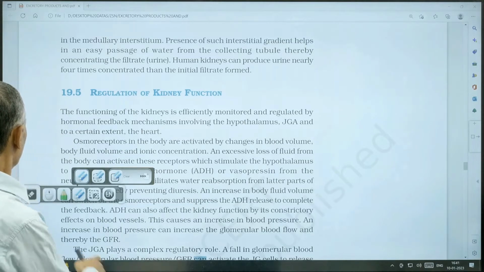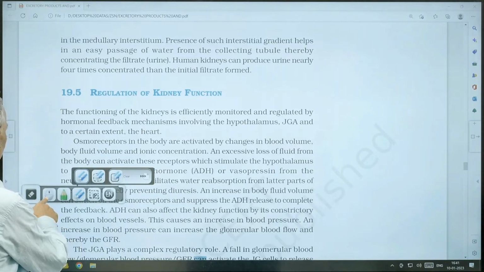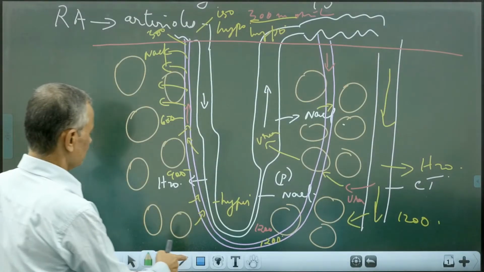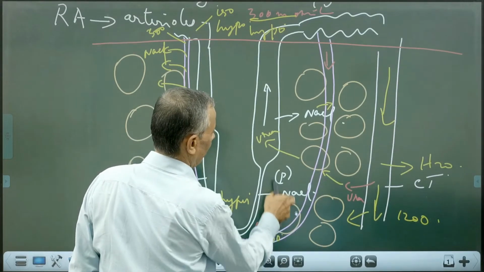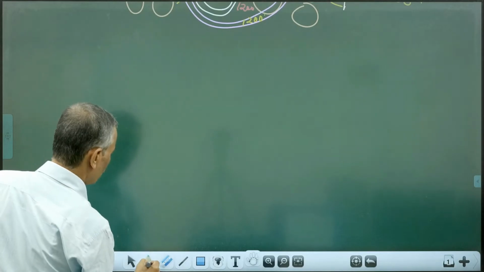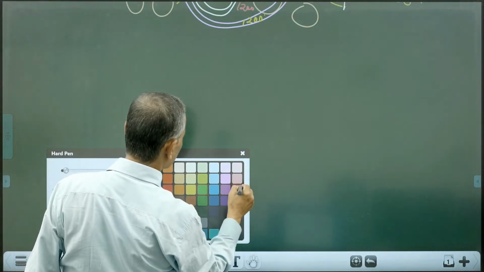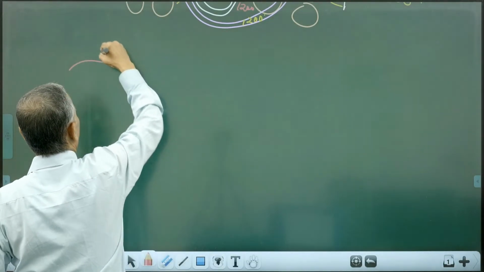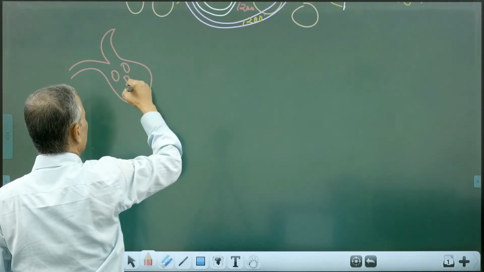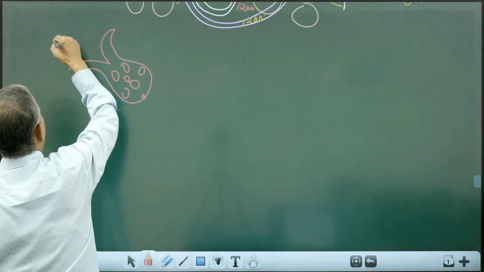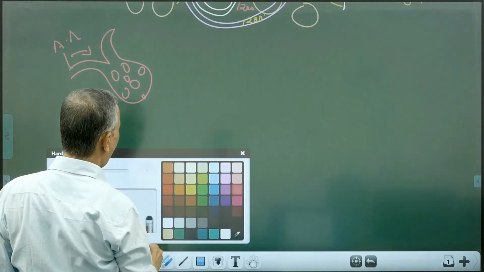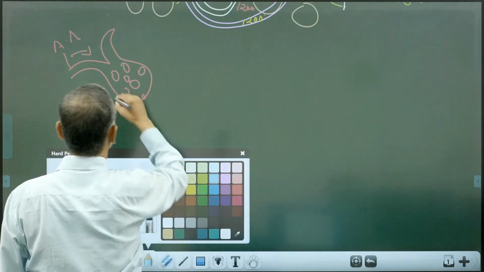Second one is through another system called JG system. What is this JG system? We have to study that part. We have an endocrine secretory part formed between the wall of the afferent arteriole and the distal